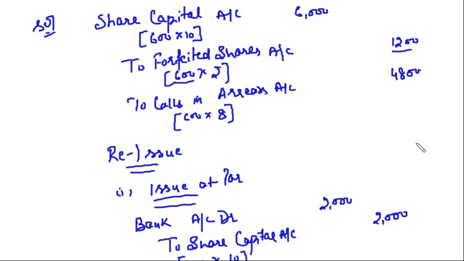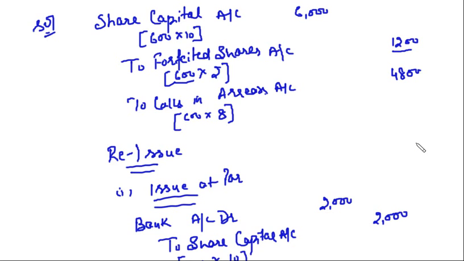Then I added one line in the last lecture: to the extent of shares reissued. And there I told you that I will explain this in the next lectures. To the extent of shares reissued, the balance in the forfeited shares account will be transferred to capital reserve